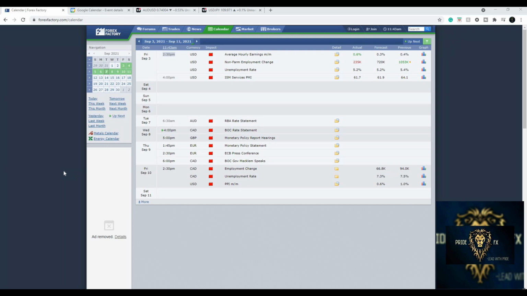So what we're going to do is go over to what I use. These events are on an economic calendar, so that you know when these events will take place. Now, I use Forex Factory. A lot of other people use investing.com, and the reason why I like Forex Factory is that if an event is not powerful anymore, they do update their system, right? With investing.com, if that event was one of the lucrative ones, they're still going to classify it as volatile, right? And so your page won't look like this.